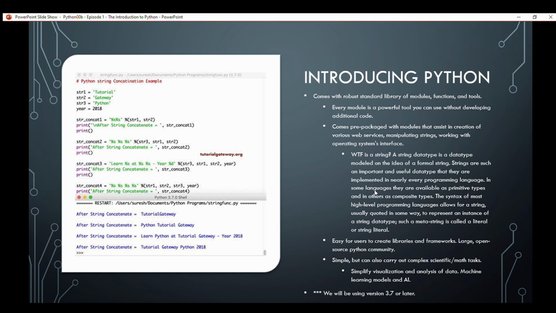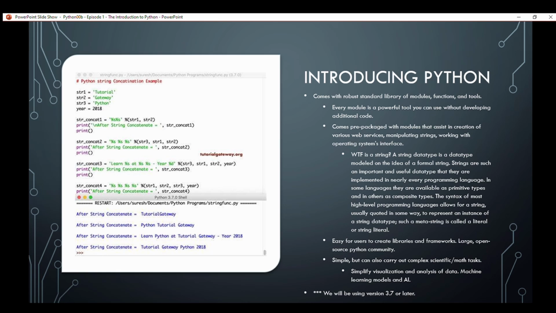So it's easy. Python is easy for users to create libraries and frameworks. It has a large open source community. It's simple but can also carry out complex scientific math tasks. It can simplify and analyze data. You can have machine learning models and artificial intelligence.